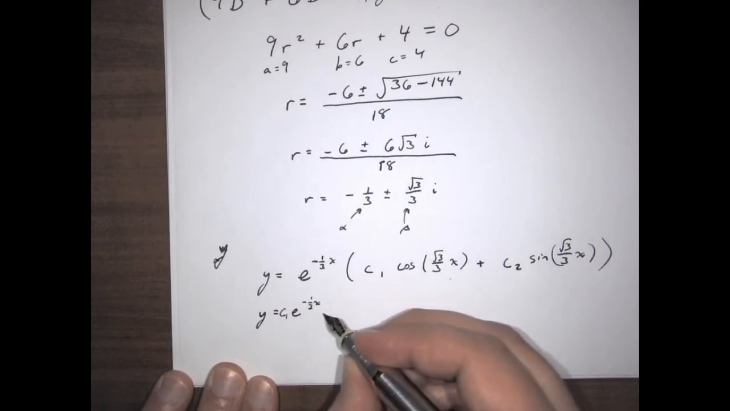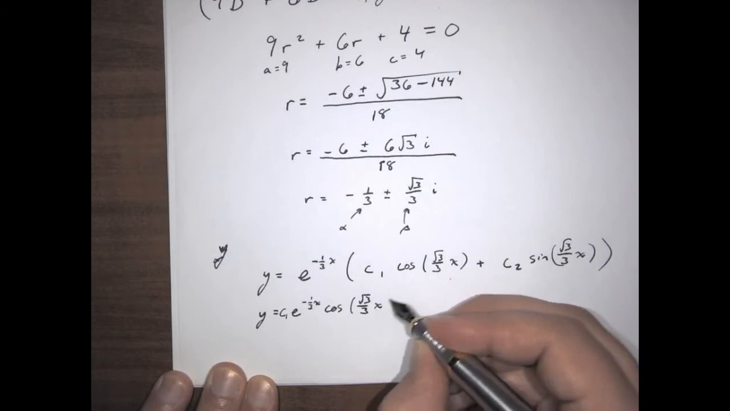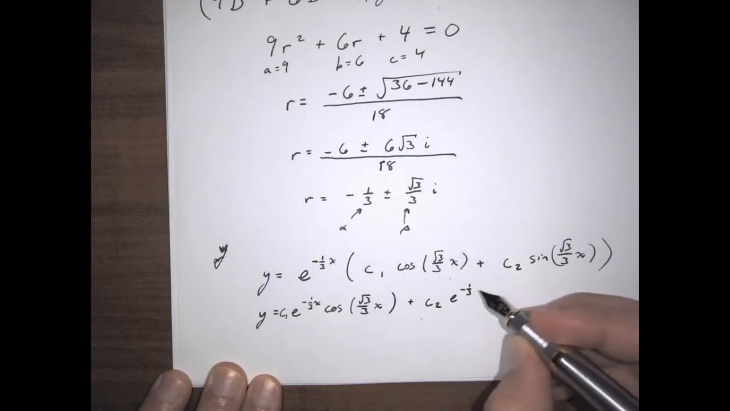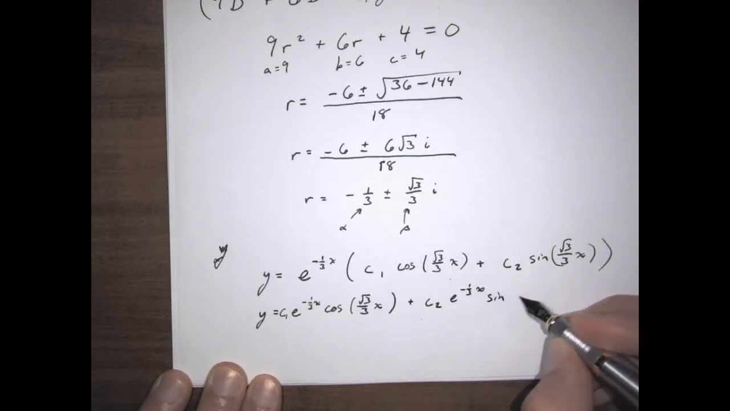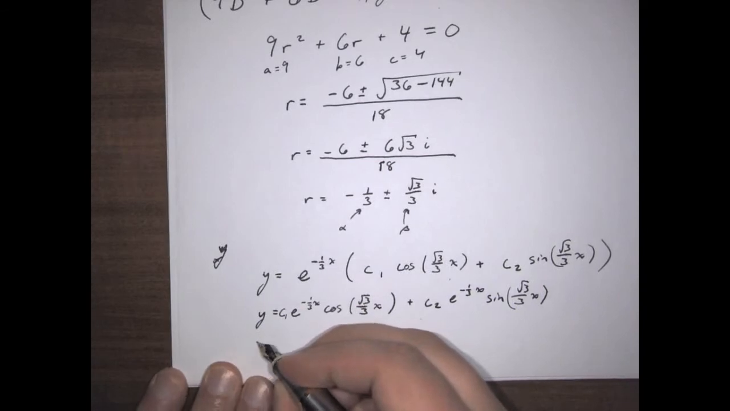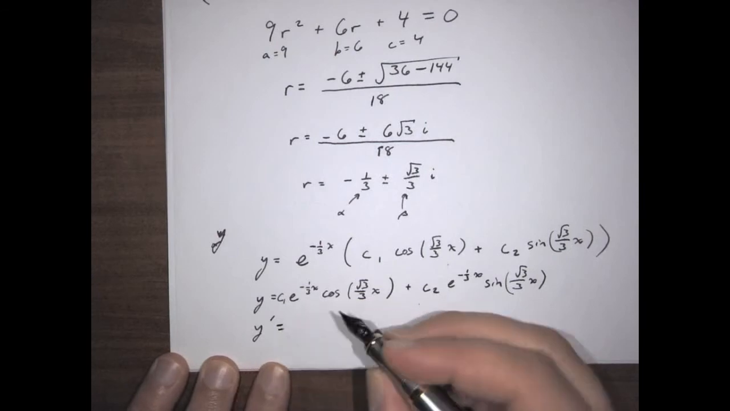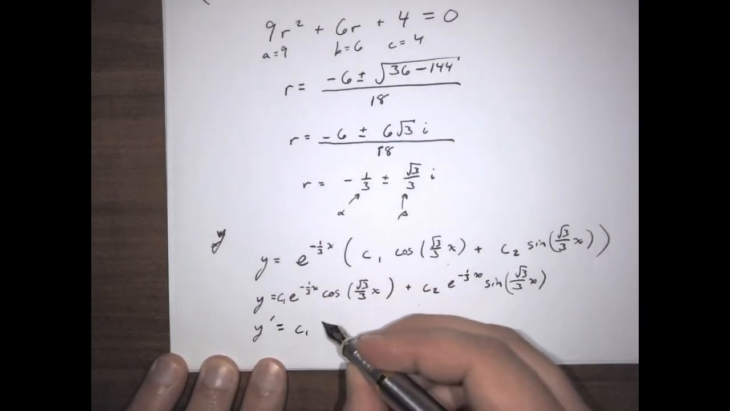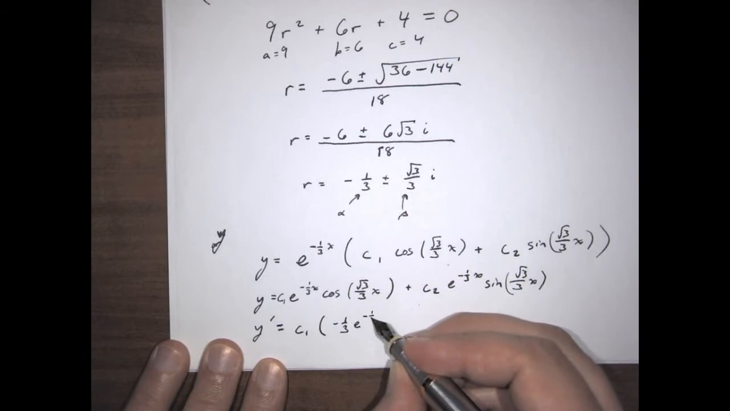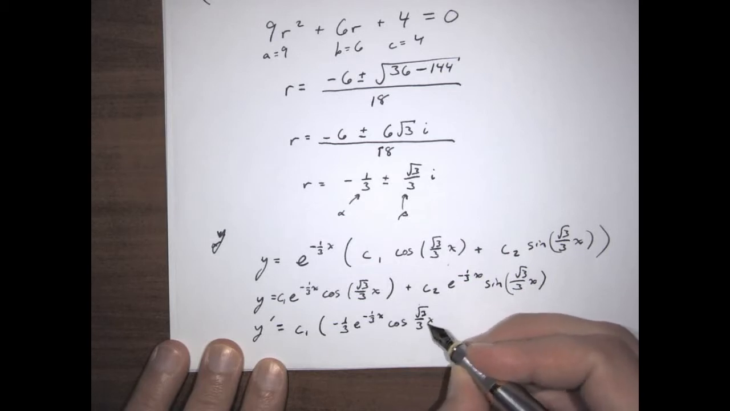So it's going to be c1 e to the negative 1/3 x cosine root 3 over 3x plus c2 e to the negative 1/3 x sine root 3 over 3x, which takes us to a y prime of c1 times, and now it's going to be negative 1/3 e to the negative 1/3 x cosine root 3 over 3x,